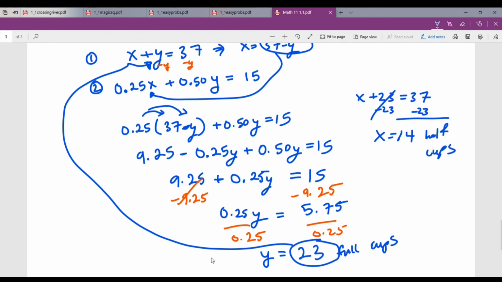Now, if you're not so good with Algebra 2, it's okay. We rarely use systems of equations. You can always use guess and check for this problem also. So don't worry if you're iffy on Algebra